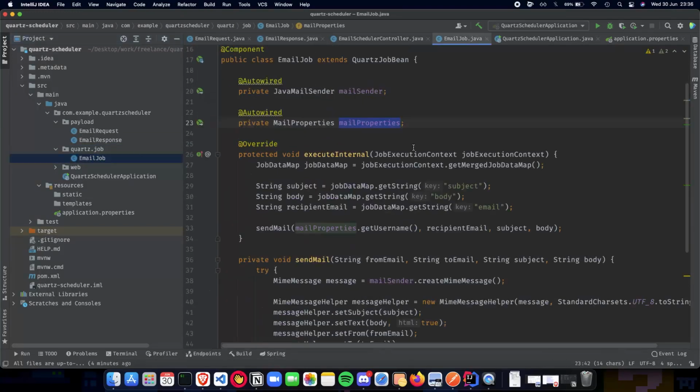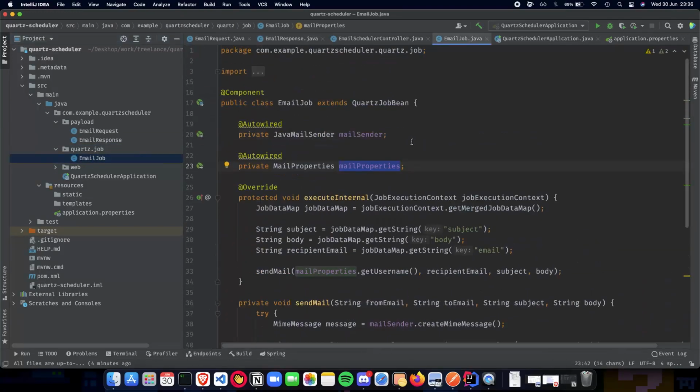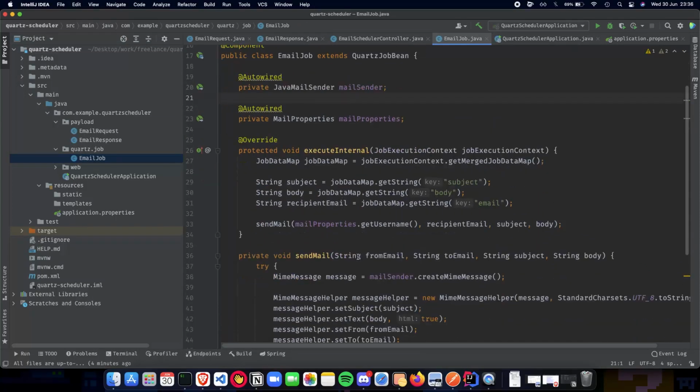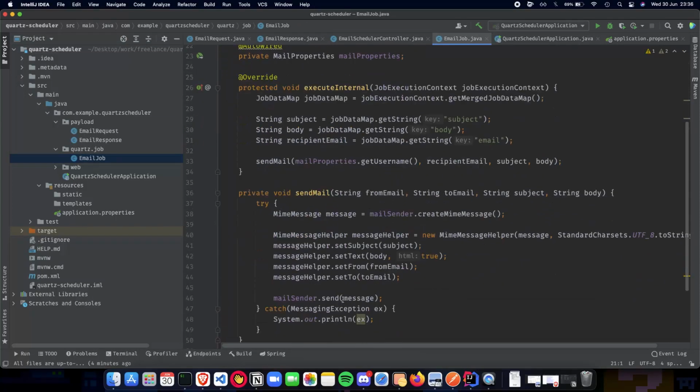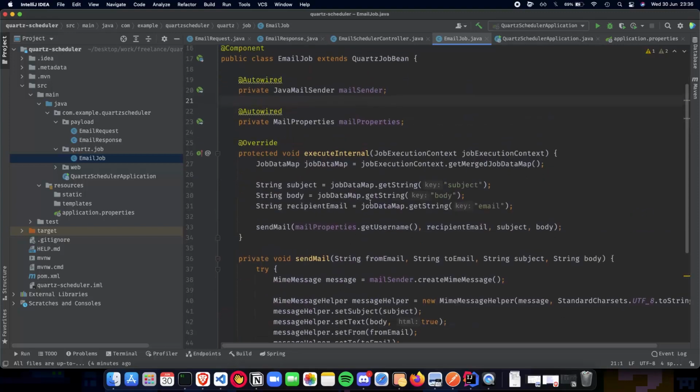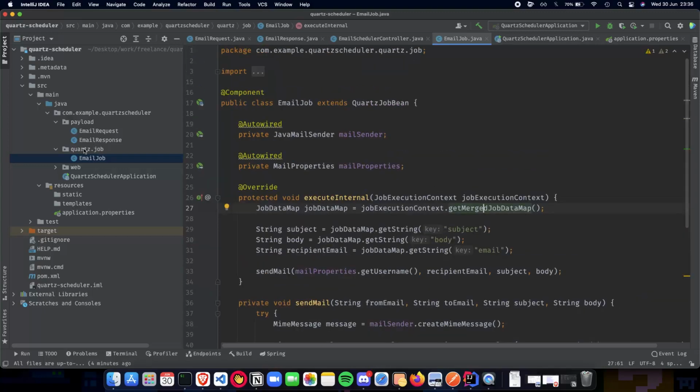Next comes the email job, which basically is the heart of our application. It uses mail sender and mail properties to create the message and then send it. We also handle the job execution context and the job data map in this set of lines of code, and make sure that the appropriate email is sent to the appropriate person. And finally, we have our